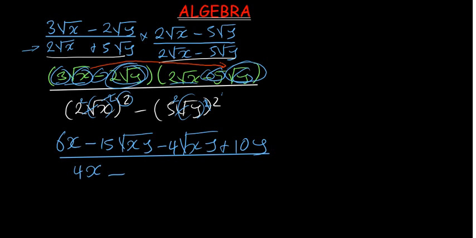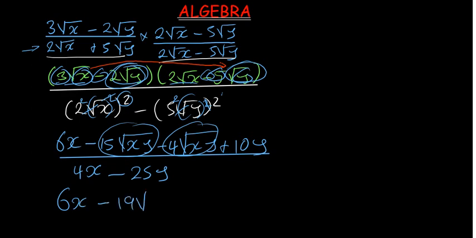5 squared is what? 25. So you say 25 y. So here you can collect the like terms for the numerator. You're able to see that these two are like terms, but we are still going to maintain our 6x here. That would be minus 19 root xy plus 10y divided by